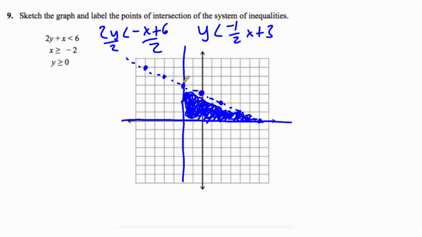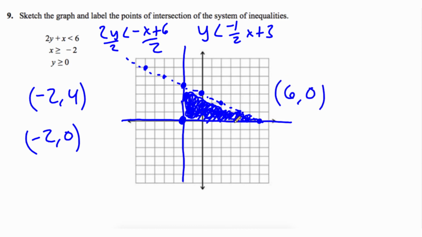So I'm going to start with this point right here. That is the point -2, 4. If we look at this point down here where our 2 solid lines intersect, that's the point -2, 0. And if we look on the far right hand side, that's the point 6, 0. So those are our points of